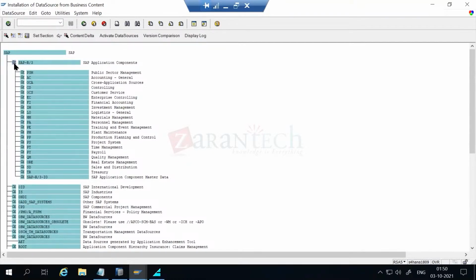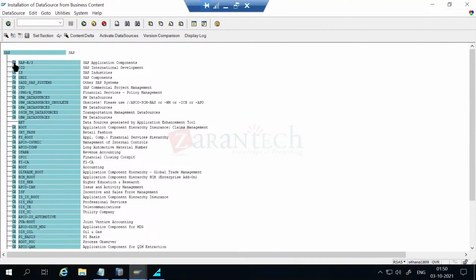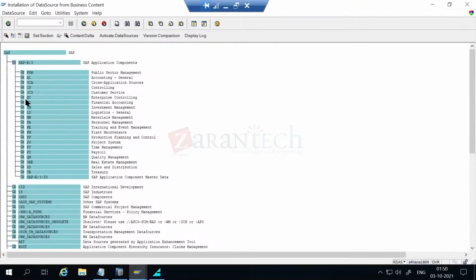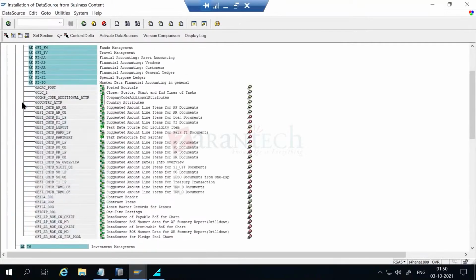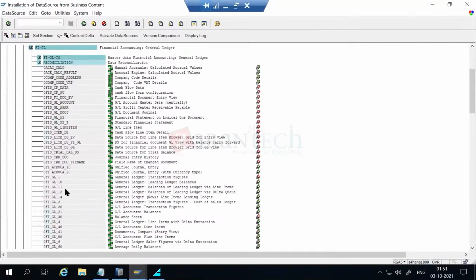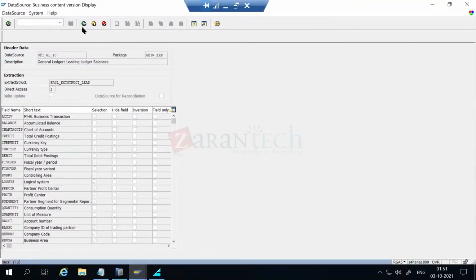Okay, what we do typically is, within this data source tree, this is like a hierarchy. We activate SAP R3, and within SAP R3 we have various sub modules. For instance, FI is the easiest one. I pick FI and say general ledger, and as I was saying, GL10, GL14, these are very widely used. I need to activate it. By default, they are in inactive mode. I select it, and if I have to activate it,